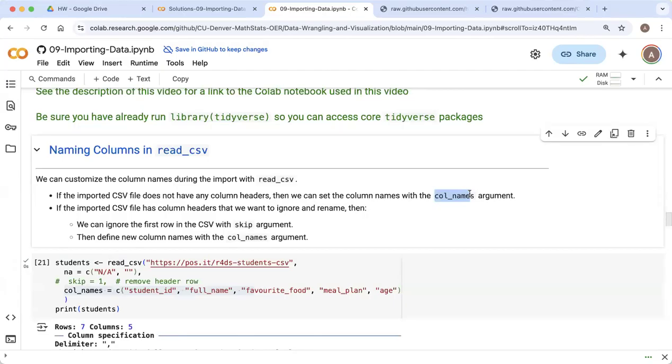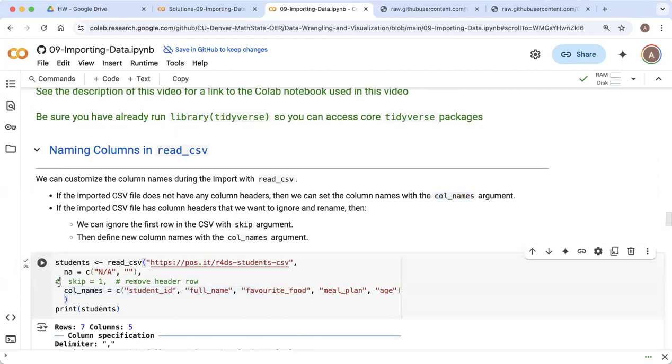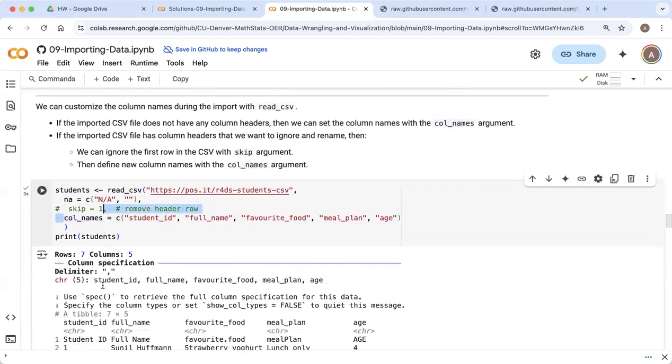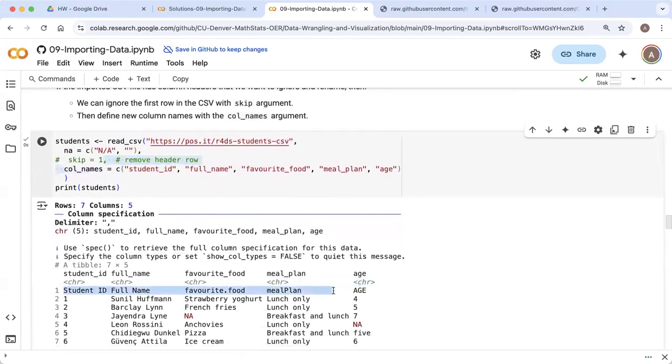So if I want to hand enter my own column names, I can enter those column names in the col_names argument, but I also then need to tell R to ignore that first row because that's not an observation. It's column names and it's poorly chosen column names. So that's what this skip